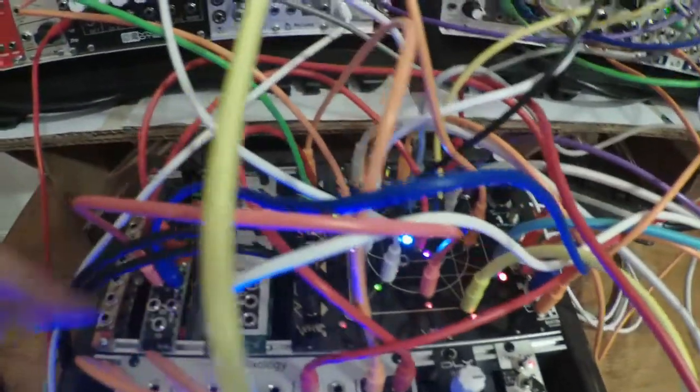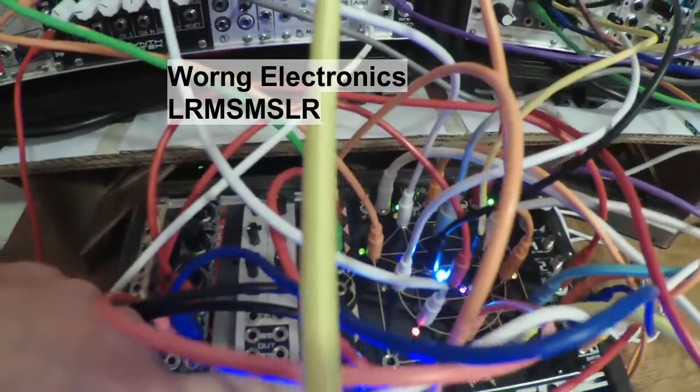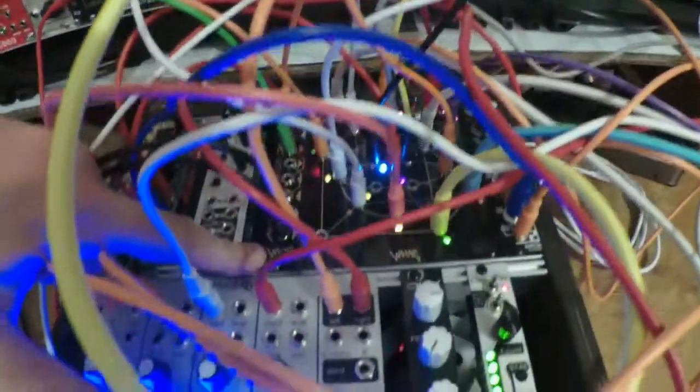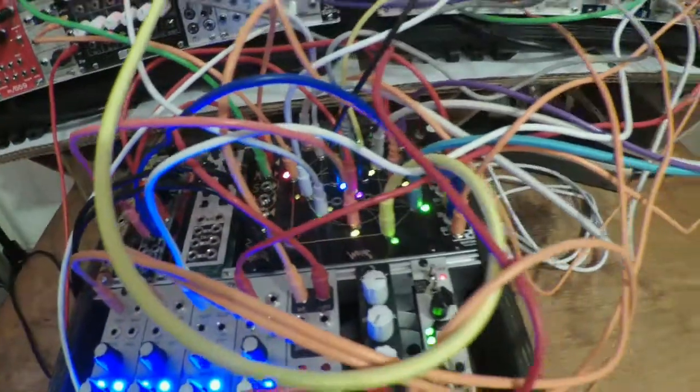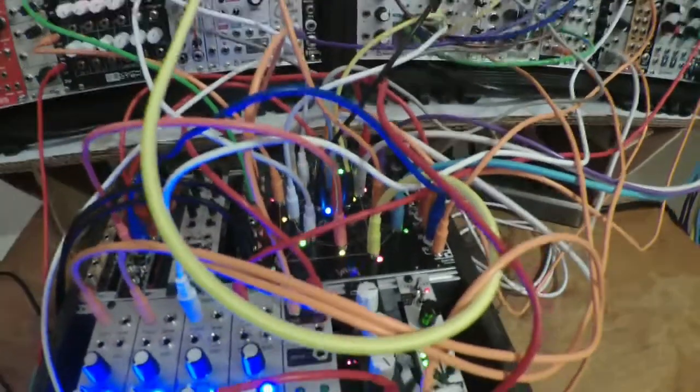And I also got the WORNG LRMSMSLR, which is just a mid-side decoder encoder. So that's the current batch of new stuff. And